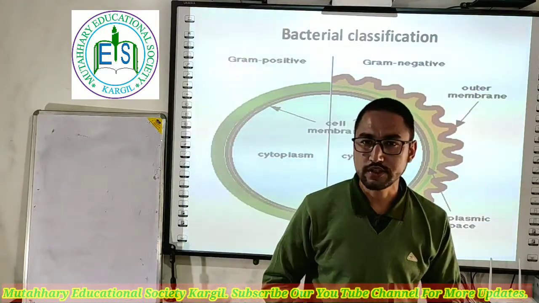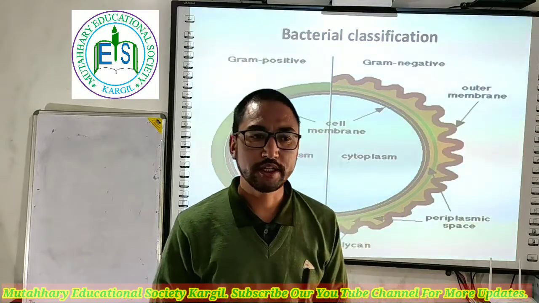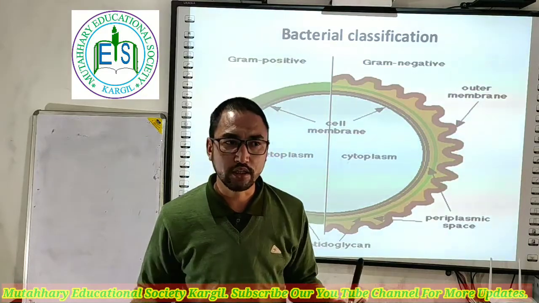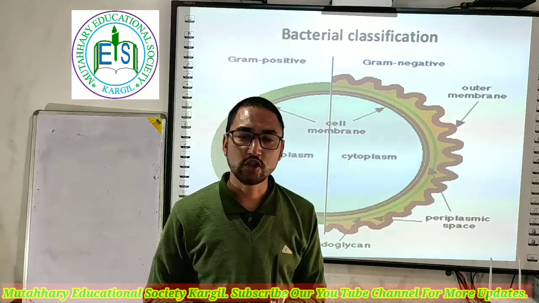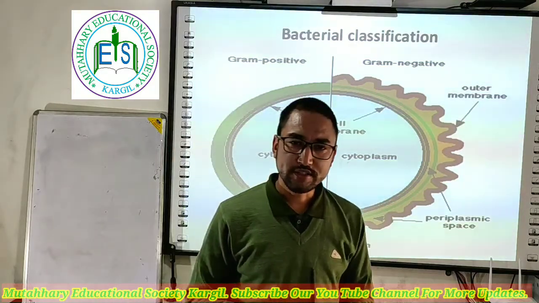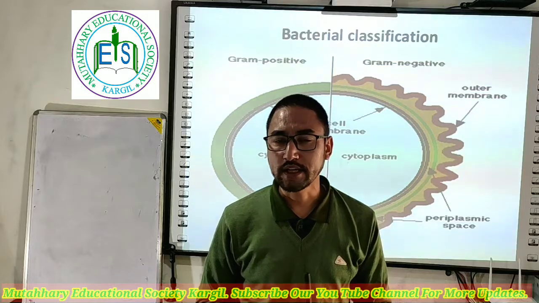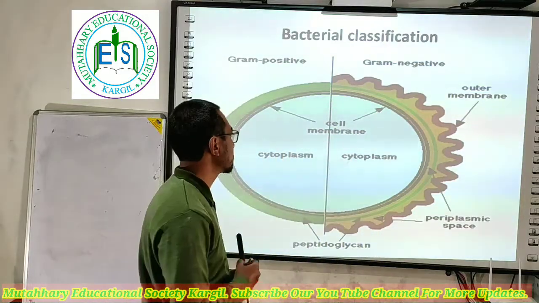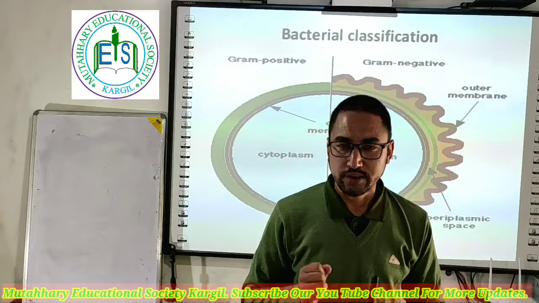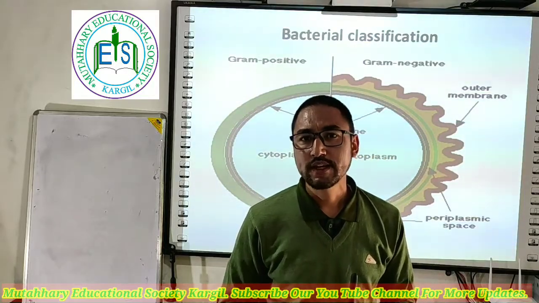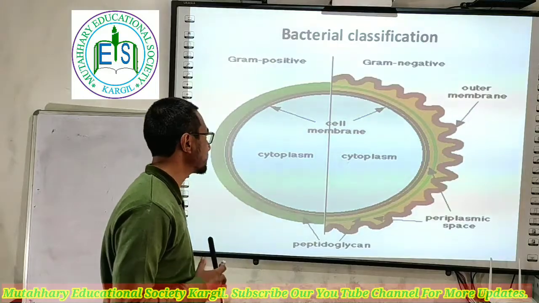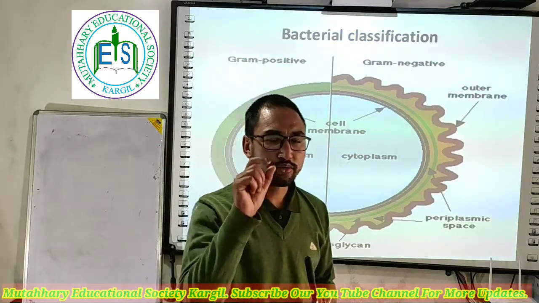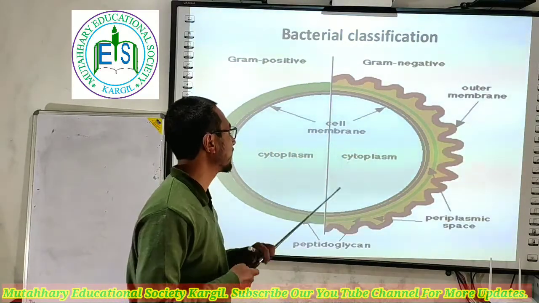So for bacterial classification, generally we can classify depending upon the structure of the cell wall. There are various ways of dividing these bacteria into various classes or groups. Depending upon the structure of the cell wall, these bacteria can be grouped into two different categories. One is called gram-positive bacteria, the other is called gram-negative bacteria. The very characteristic or basic difference between these two kinds of bacteria is the presence of a huge amount of peptidoglycan in gram-positive cells and a very thin layer of peptidoglycan in gram-negative cells.